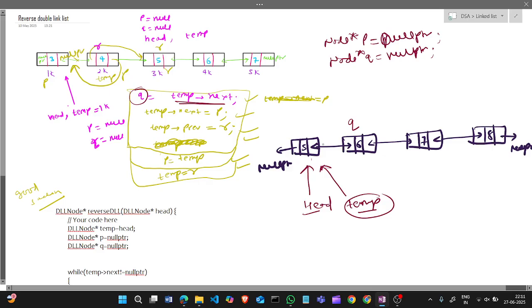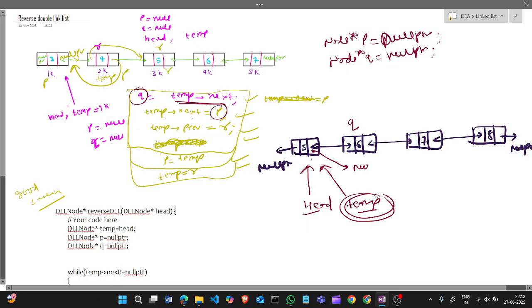Now we will put the temp next. Temp next is this, and we will put p in it. p is a null pointer.